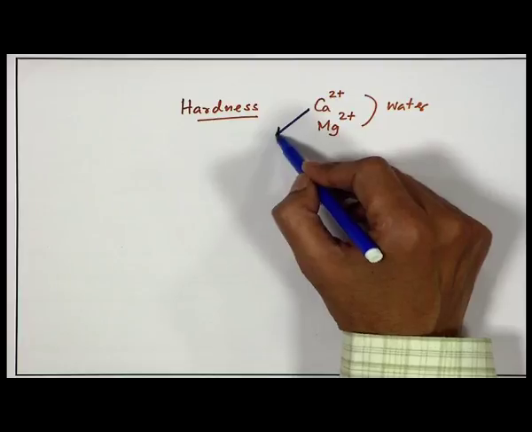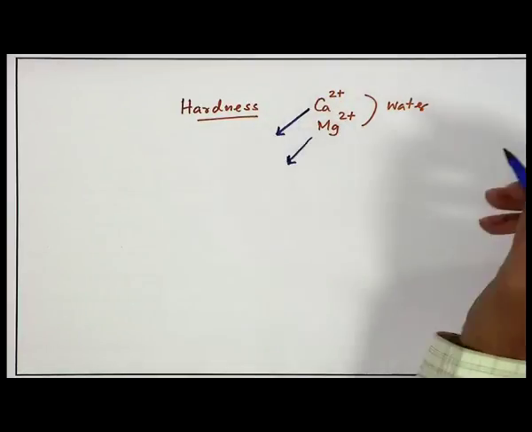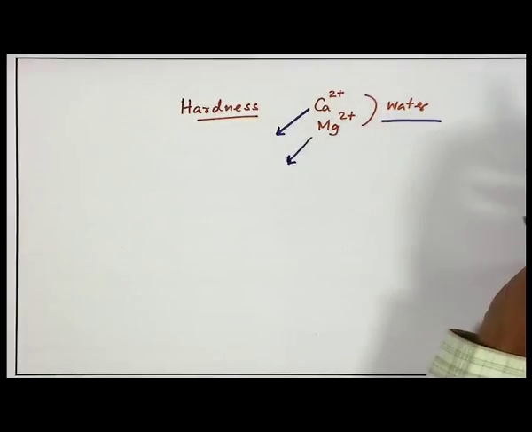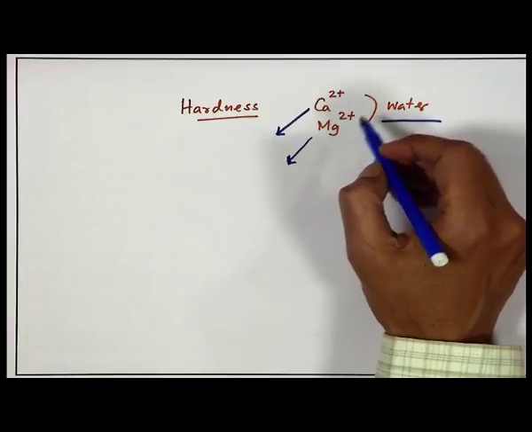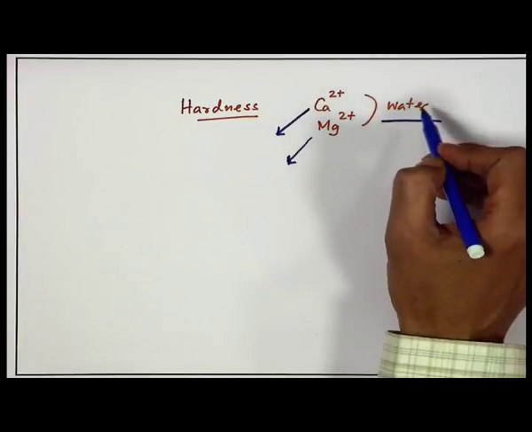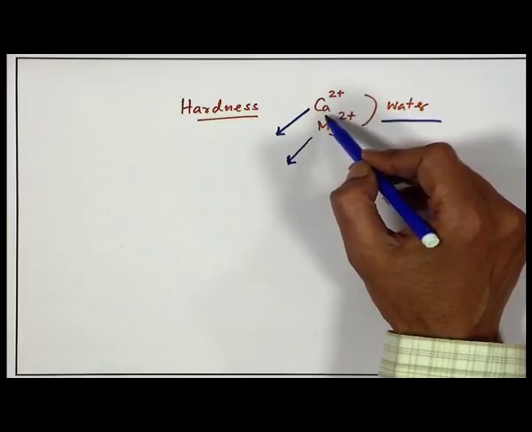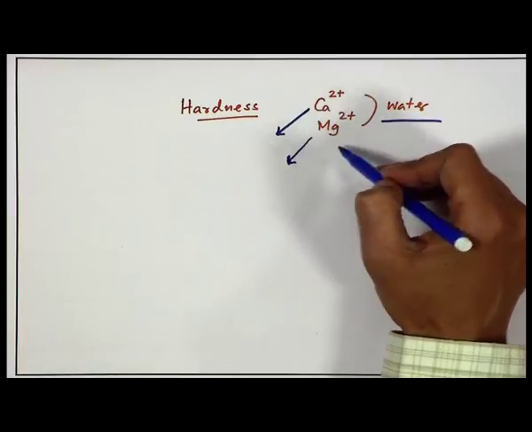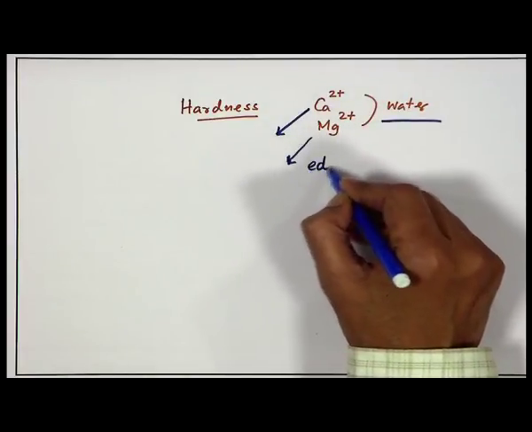So, these metal ions are in our hand, not in hand, it is in water. Everywhere, if the source of water is not so good, we can have calcium or magnesium, and sometimes we find that industrial effluent water can also be contaminated by calcium 2+ and magnesium 2+. So, the metal ions will be in our hand, and if we use